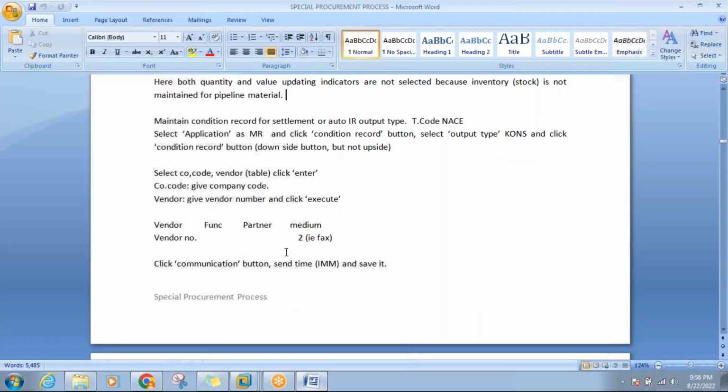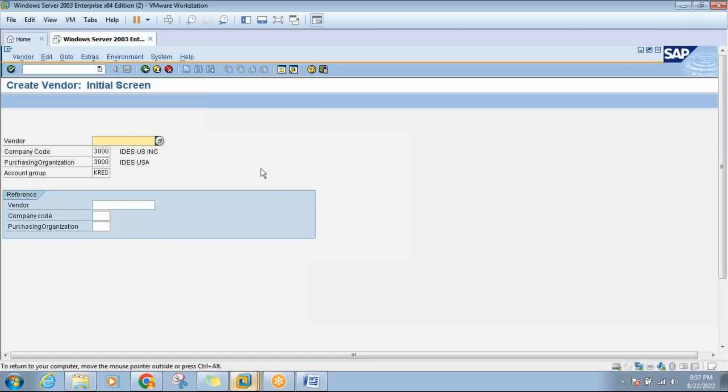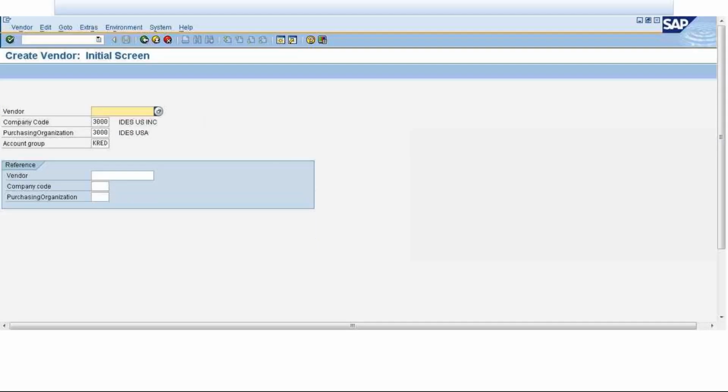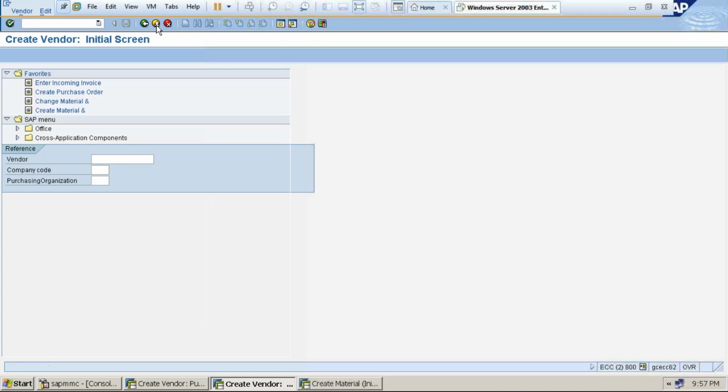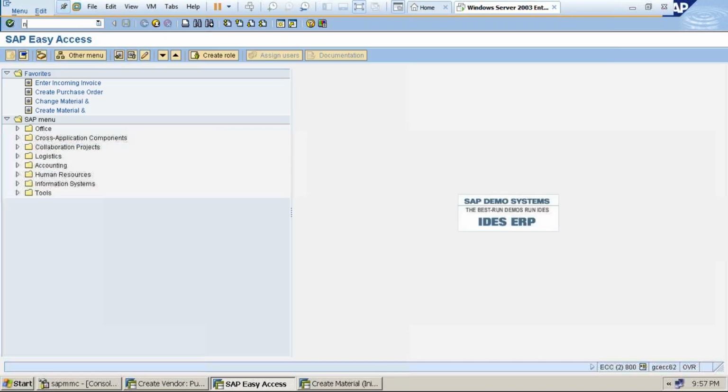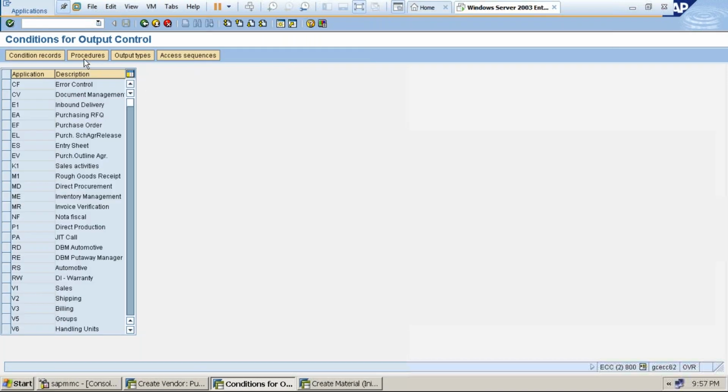And I can put this vendor, company code vendor. So here, like we have taken 3000, right? So we need to give the agency code here. These are the settings which we need to do. So what is this number? Vendor number 100283. Anyone note down this number, 100283? So next I'm going to the condition record,